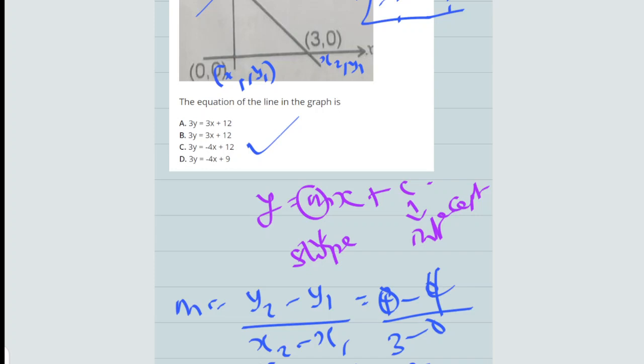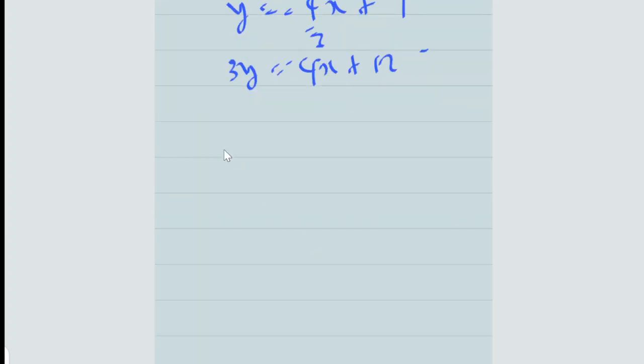Okay, now another question. I think this is on angle of elevation, and this is the last question. From where I'm going to stop, I will do the rest of the questions, question 21 to 40, in part 2 of the video. So you have this question. I'm trying to copy it here. The question is on angle of elevation.